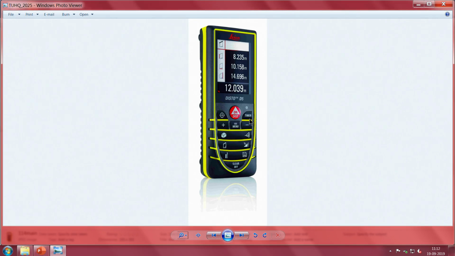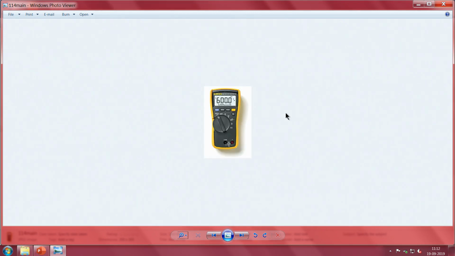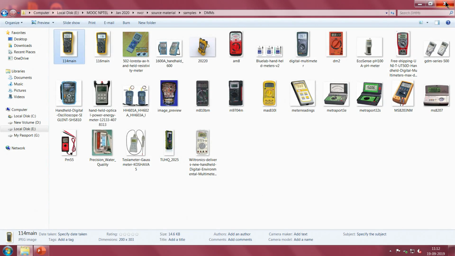Much better things. See this here, what otherwise would have become a very simple thing, still has an element of interest, which has been added by just attaching a few things here and there. So, at this point I will now quit this and I will try to show you.